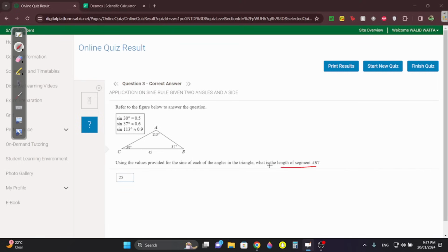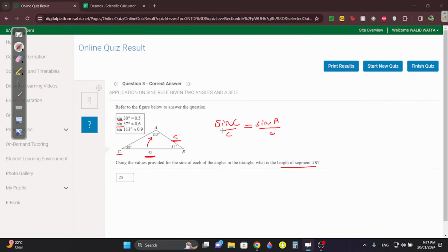Question 3, only repeat from last week. Okay, we've done AB. AB is opposite to angle C, so we'll call it side C. Well, they're giving you the sines, so you know to use the sine rule. Since I tell you always start with the one they're asking for, since they're asking for side C, we'll do sine C over C equals, what do we have given? What side do we have given? We have the one opposite to A, so sine A